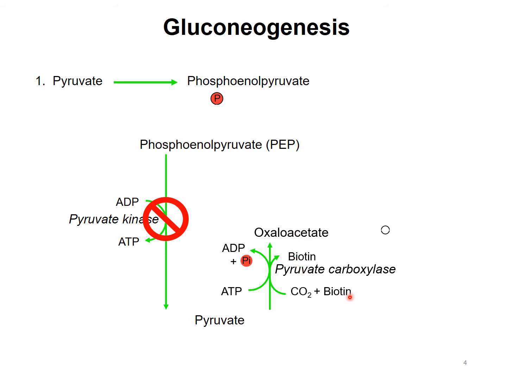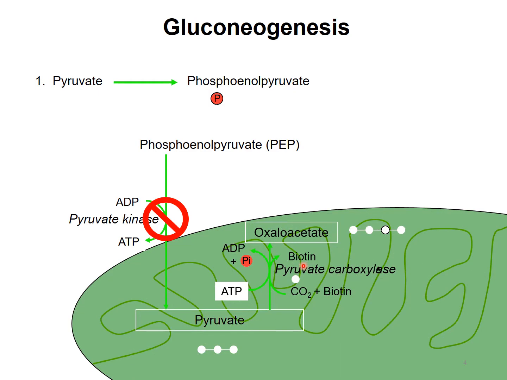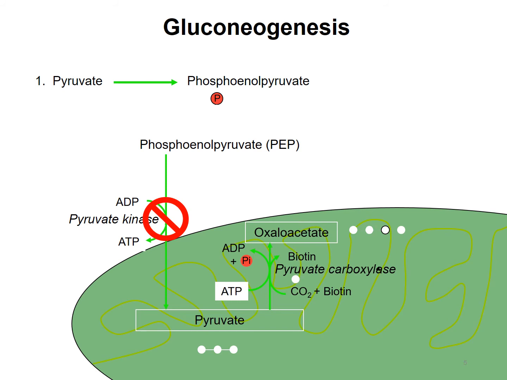But the problem is the oxaloacetate is found in the matrix of the mitochondria. Now, if you can remember, oxaloacetate is one of the metabolites in the Krebs cycle, which is in the matrix of the mitochondria. While the step 2 of this conversion will happen in the cytoplasm. So we need to transport the oxaloacetate out from the mitochondria. But the problem again is OAA is not permeable to the inner membrane of the mitochondria, and therefore it has to be converted into the other alternate form of metabolite. To do that, oxaloacetate is converted into malate by the enzyme malate dehydrogenase because malate is permeable to the mitochondrial